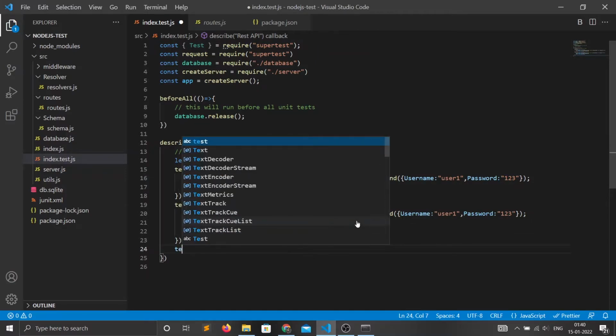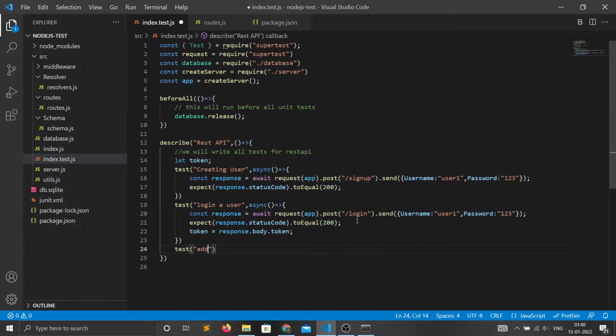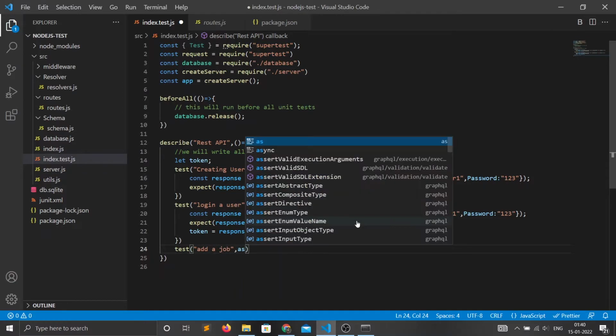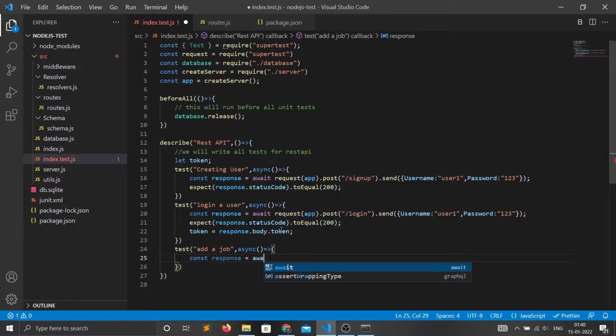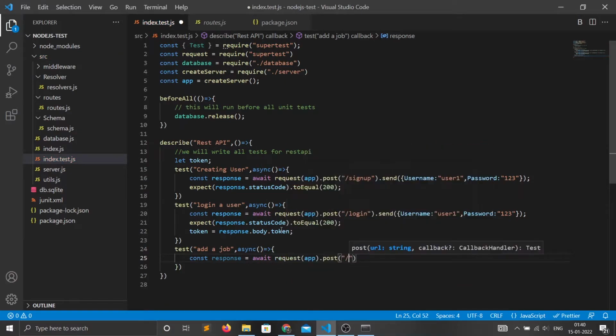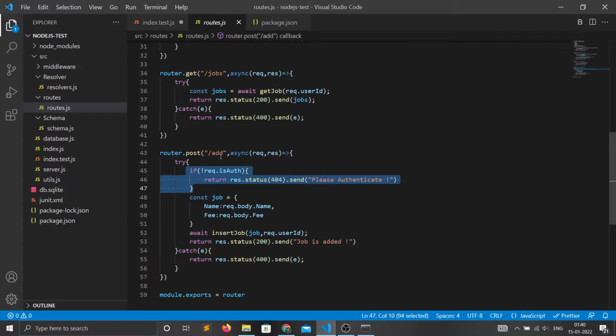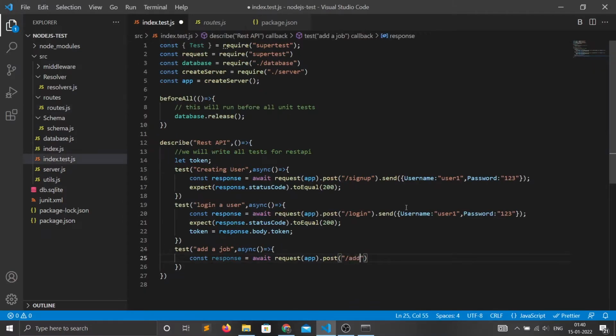Now we can create another test to add a job. We will also be making a request on the route add, and we give it data.